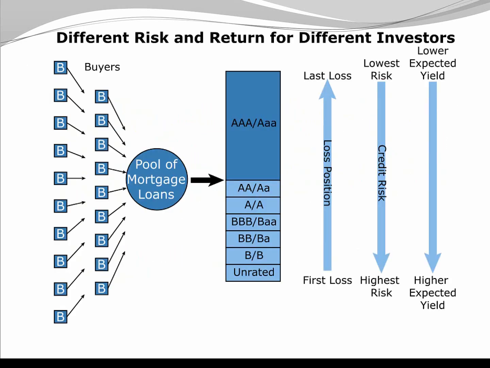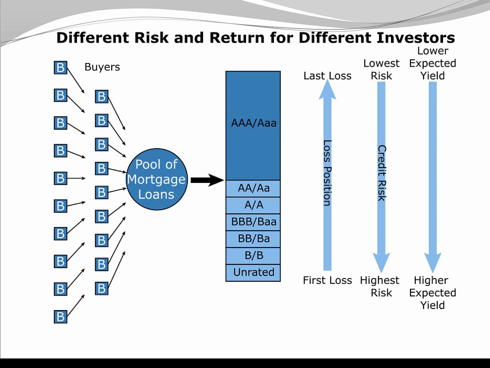So when the banks pull all the mortgages together and issue mortgage-backed securities, it's similar to stock. Those mortgage-backed securities also have different risk levels. They are ranked from AAA, the highest ranking, to the unrated. So what we can say is, depending on the risk level of the underlying mortgage loan, whether it's a safer loan from a prime borrower or a risky loan from a subprime borrower, those mortgage-backed securities can have